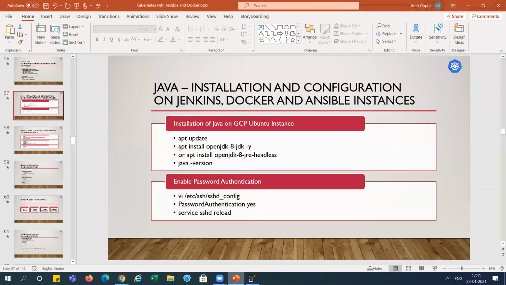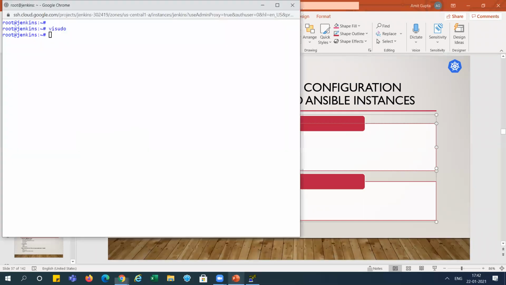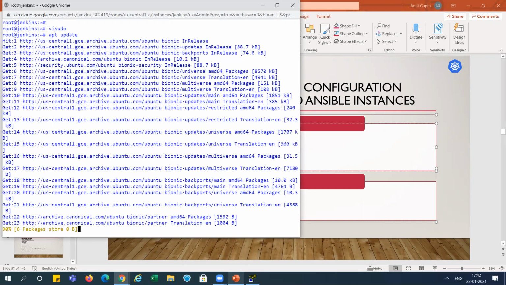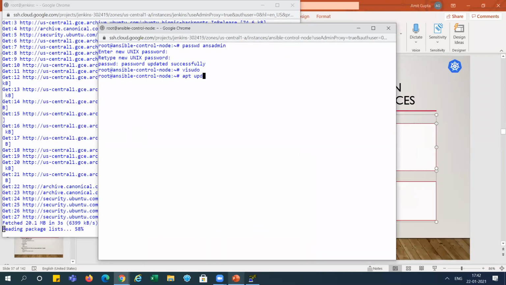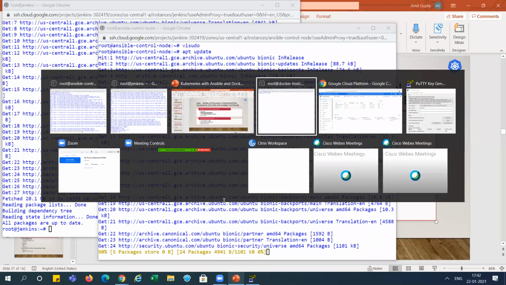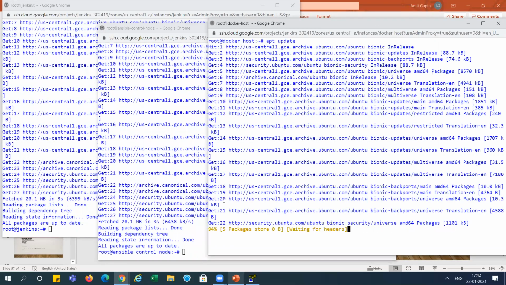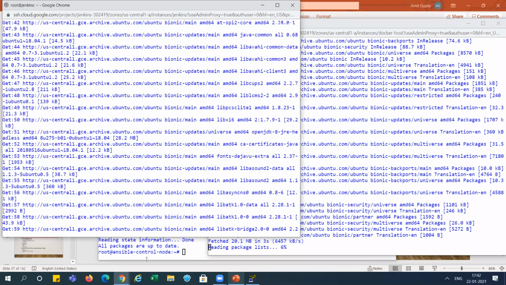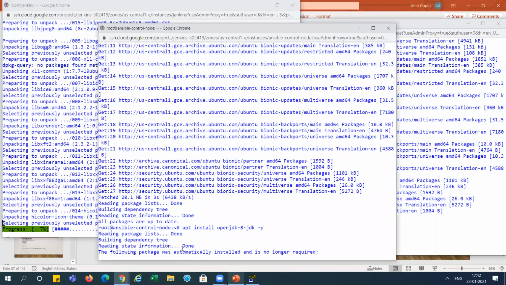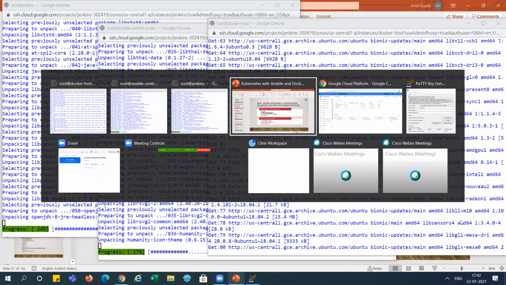We need to update and install Java 8, right? And 11 and 8, right? So apt update, it will update the packages. Now I'm installing Java here also, and here also, right?